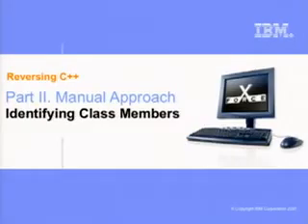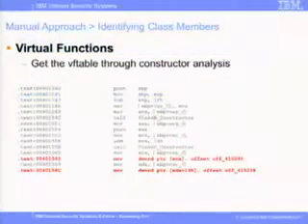Okay. Next, we're going to discuss identifying class members. To identify virtual functions, we have to get the virtual function table. And we can do that through constructor analysis. This is the code for a constructor. And as you can see, in the highlighted line, there's a